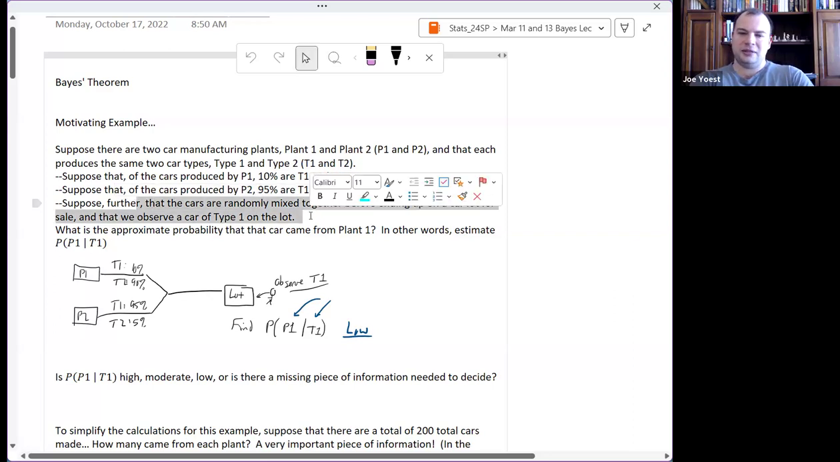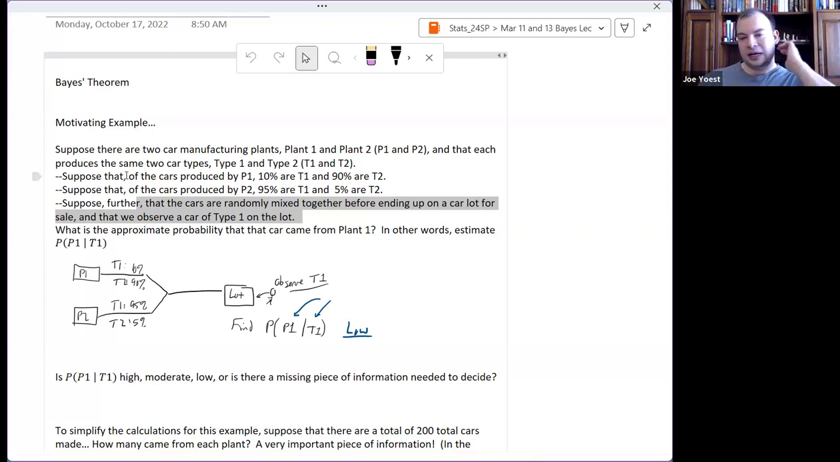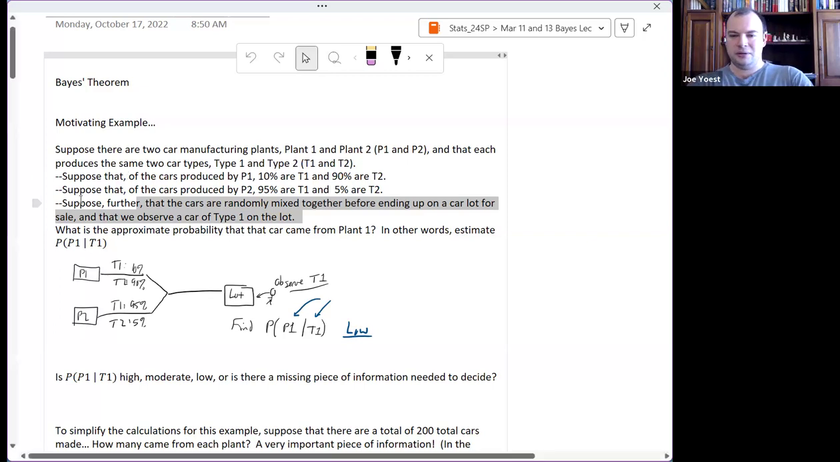Then suppose that after the two plants produce the cars, they get mixed together at a warehouse and shipped out to a car lot. We go to the car lot and observe a car of type 1 on the lot. We see that, okay, this is a Ford Mustang or something on the Ford lot. We would like to infer, what's the probability that it came from plant 1 rather than plant 2? In other words, we would like to estimate the conditional probability that the car came from plant 1, given that